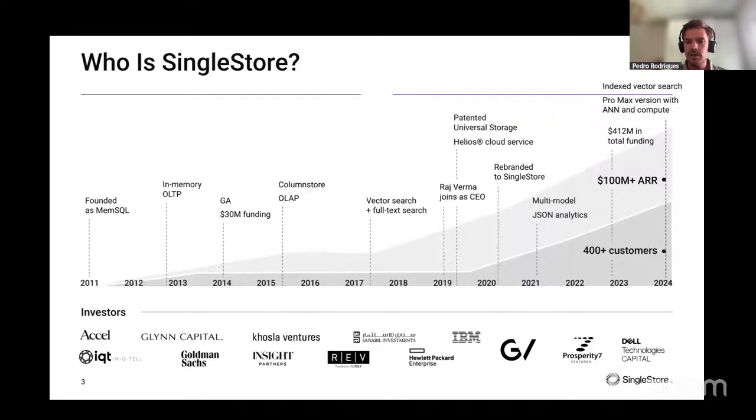But around 2020, we rebranded to SingleStore and switched the focus to be an all-in-one database, which means we support analytical, transactional, and vector columns. So we pretty much cover every use case that you might have with your pipelines and workflows. We already count 400 customers and have reached 100 million ARR.